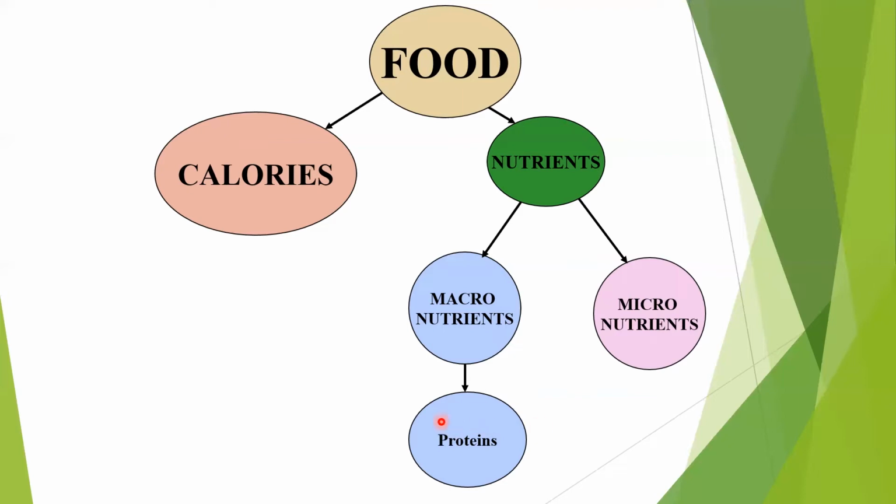Now, that's about proteins, right? Fats and carbohydrates, typically in the Indian diet, we are able to get in a very easy way, or in fact in more quantity usually, and we'll talk about that as well. Now, micronutrients are something which we need in less quantity but are very, very important. They are like catalysts. Without them, that particular reaction in the body will not happen. So for example, vitamin A, vitamin D, vitamin C, these are water soluble and fat soluble vitamins, and then minerals like calcium, iron, magnesium, right?